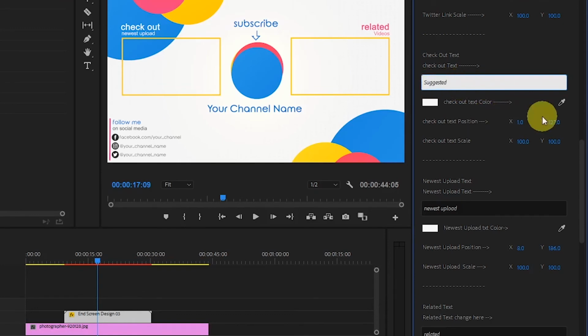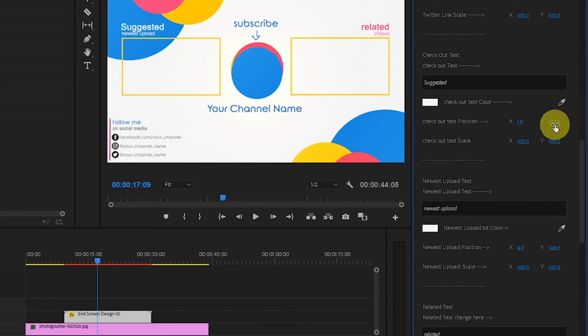Suggested, I typed suggested, hit enter and it will be changed here. If you want to adjust its position, you can do it from here. If you want to send it a little bit upper, you can do it from here. If you want to increase its size, you can do it from here.